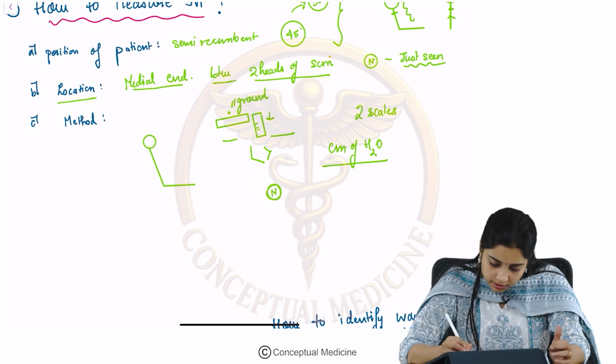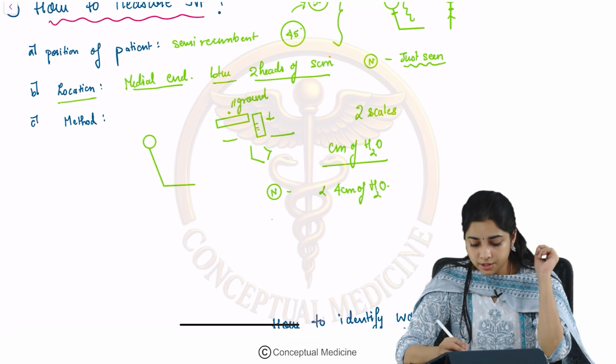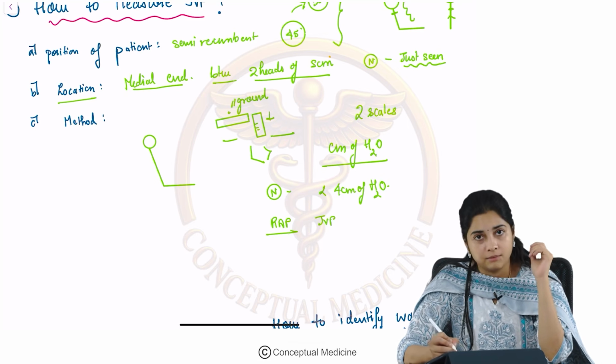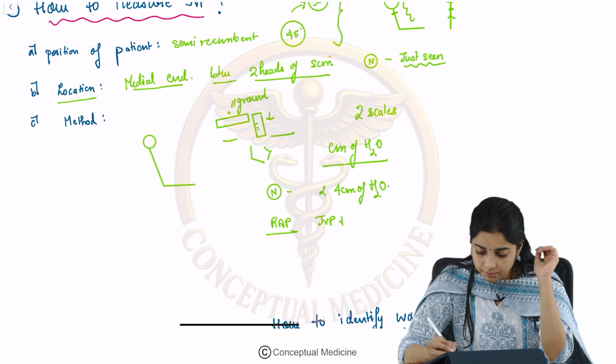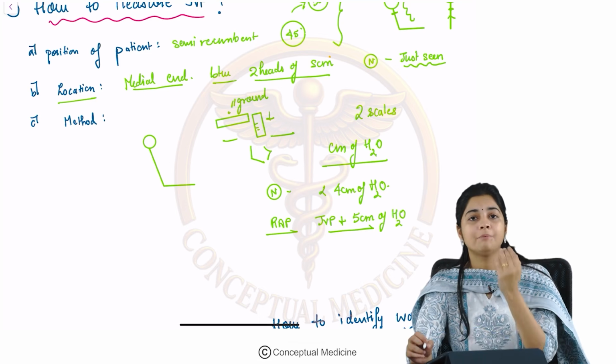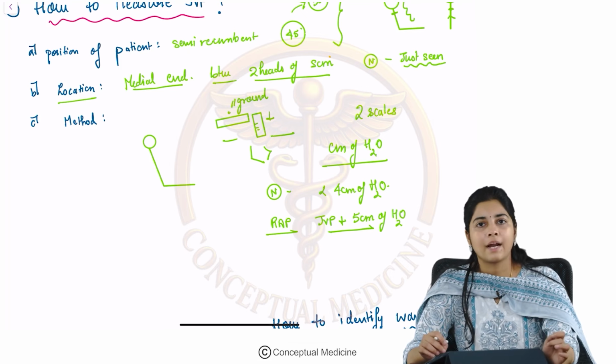What is the normal JVP? It is less than 4 centimeters of water. Now, how do you measure the right atrial pressure from this? Whatever reading you get on your JVP plus 5 centimeters of water. So, whatever reading you get on the JVP plus 5 centimeters of water is what gives us the right atrial